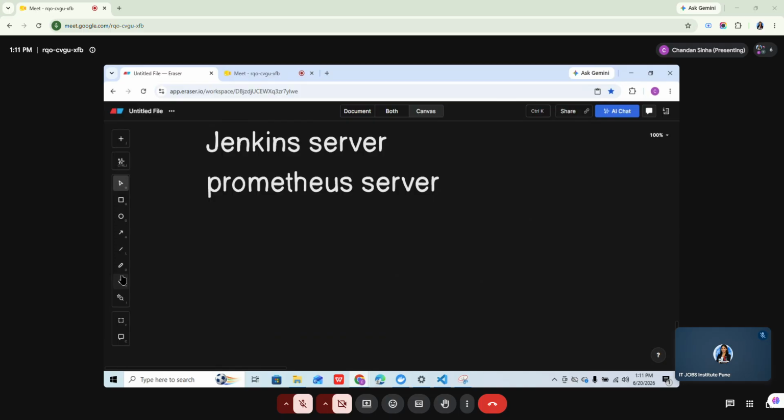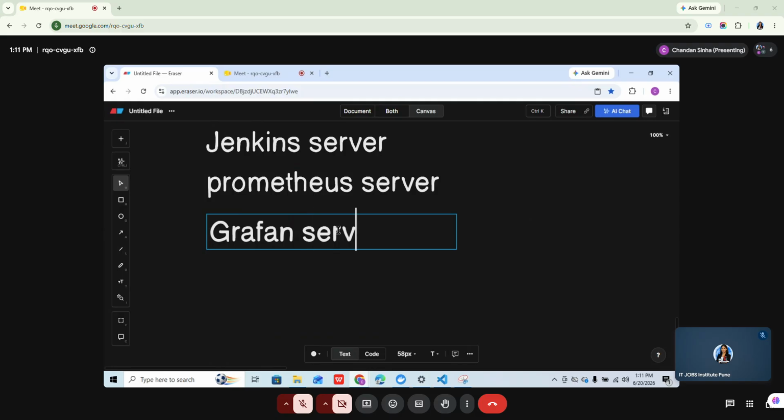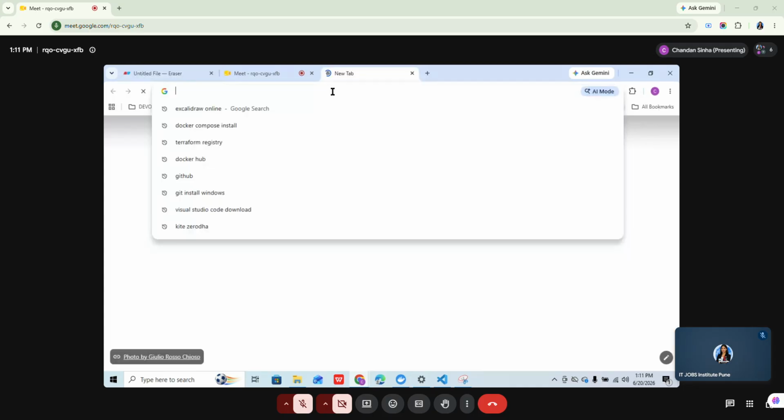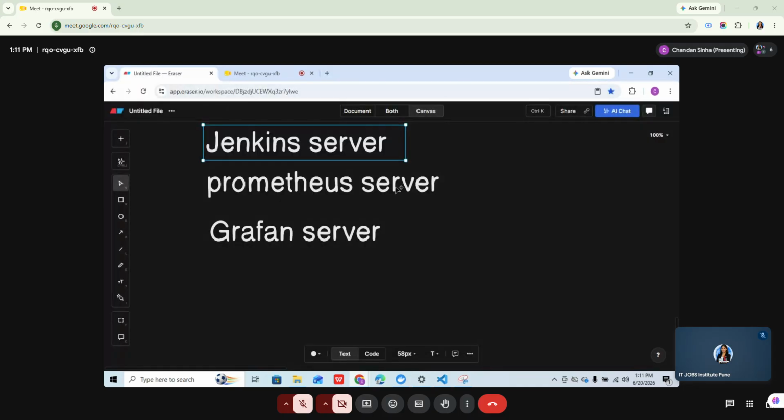फिर मैं एक डब्बा बनाऊंगा, उस पे मैं ग्राफाना डाल दूंगा और उसको बोल दूंगा ये ग्राफाना सर्वर है। और हर सर्वर का एक एक IP हो सकता है, क्योंकि मुझे जेनकिंस एक्सेस करना है तो मैं उसका IP डालूंगा ब्राउजर में, और फिर मैं जेनकिंस एक्सेस कर लूंगा। फिर मुझे प्रोमीथियस एक्सेस करना है तो उसका IP डालूंगा, उसका पोर्ट डालूंगा, प्रोमीथियस खुल जाएगा। ग्राफाना एक्सेस करना है तो ग्राफाना का IP डालूंगा, उसका पोर्ट डालूंगा, ग्राफाना खुल जाएगा।